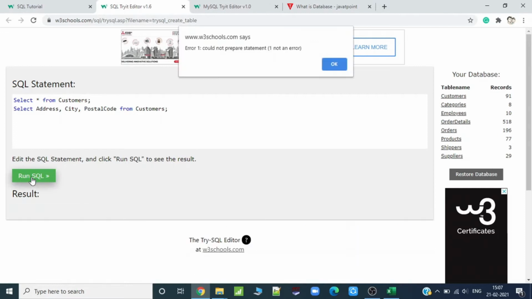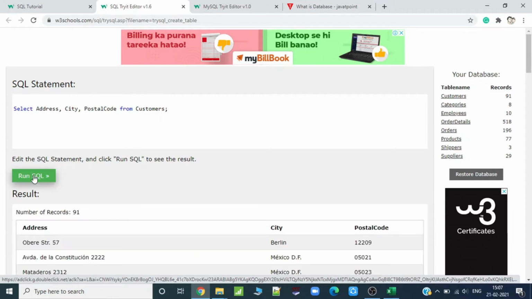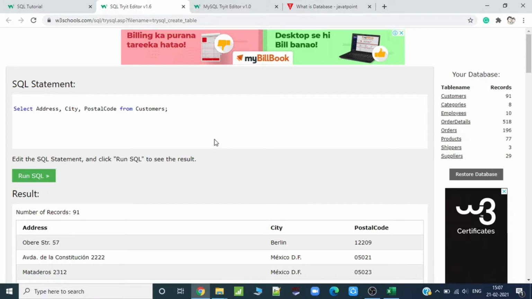Run SQL. Here it is saying two errors, but in actual it will not be there because these are separated by semicolon. So I just removed the first one and ran SQL, and it shows address, city, and postal code. Hope you understood this.